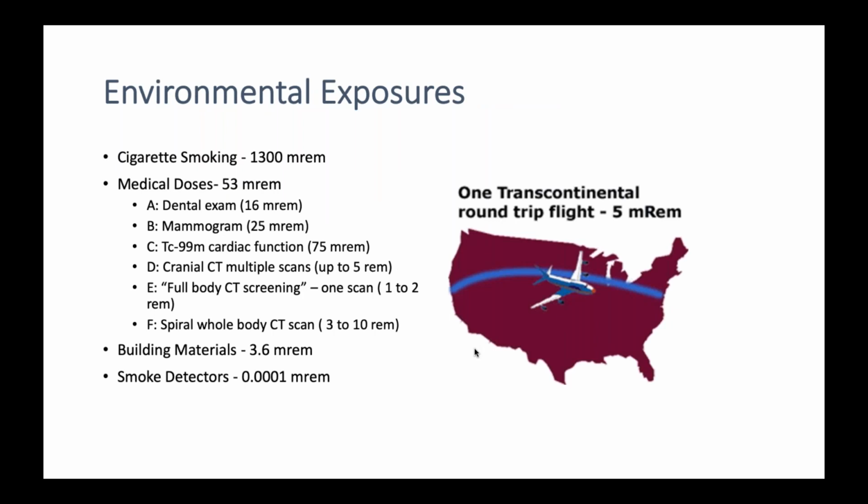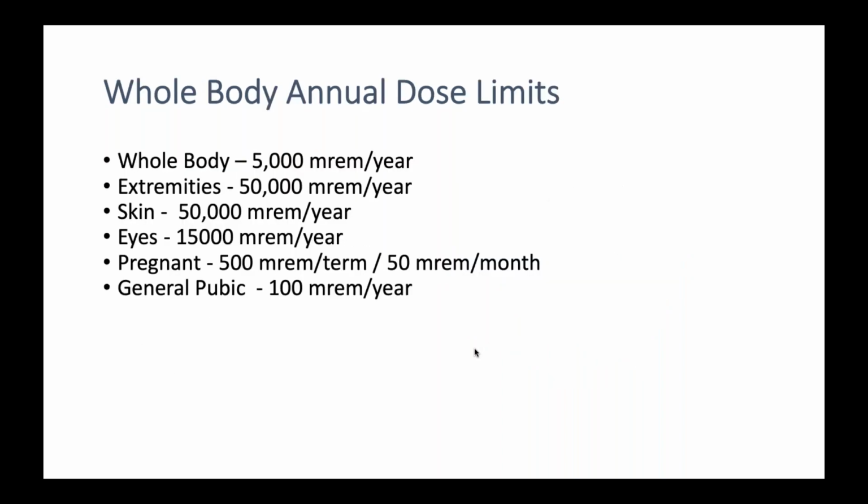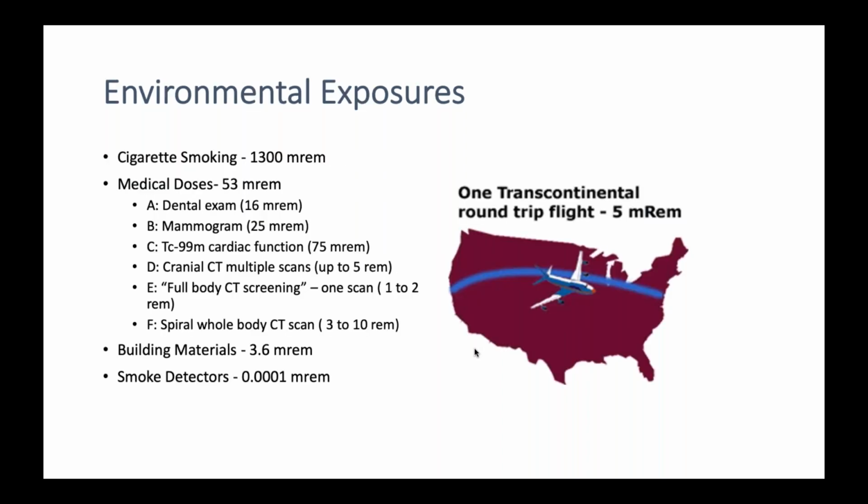Environmental exposures. If you're a smoker, you are exposed to 1,300 millirems. I don't have a period on that. I think that may be just total exposure for 20 years. I can't see that being per year, but I'll check that. But 1,300 millirems, so cigarette smoking is a significant exposure, in addition to all the other hazards, a significant